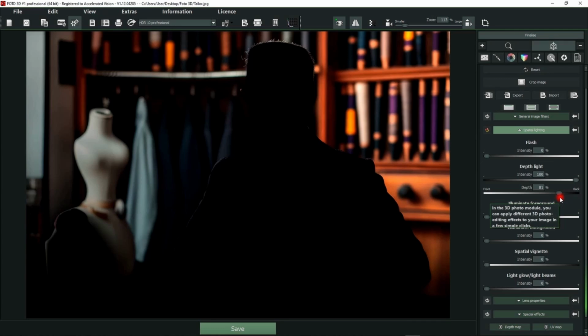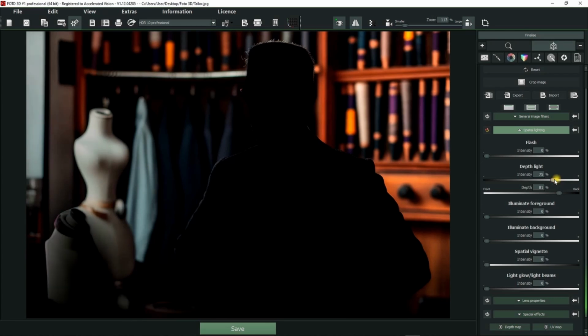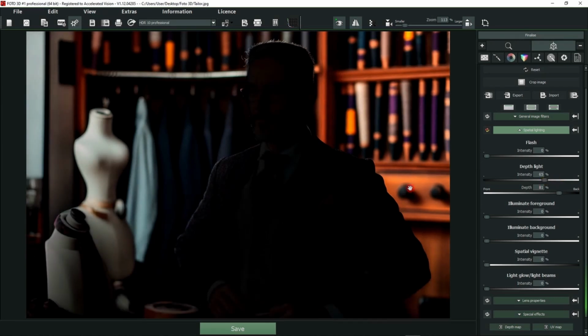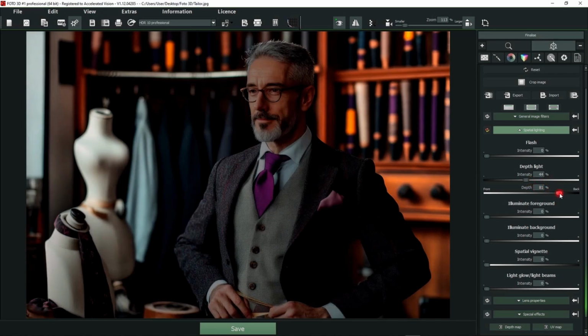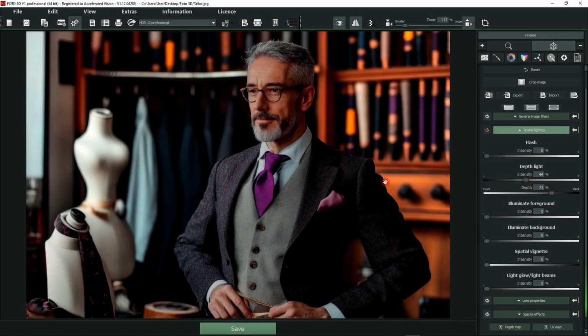The light is now only at the back. If I reduce the intensity a little, we gradually get more and more ambient light from the front. This depth light lets you create really nice effects. Maybe you just want to light a portrait from behind, especially in combination with the next two effects, where we